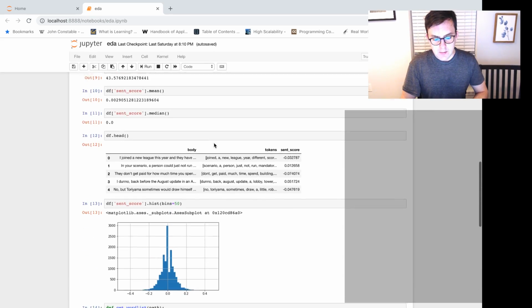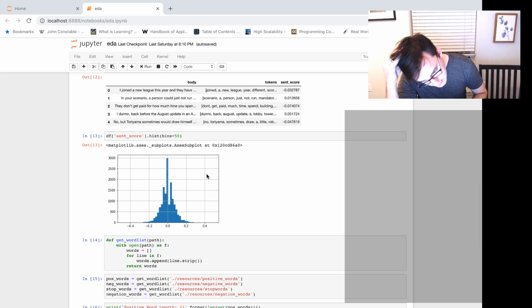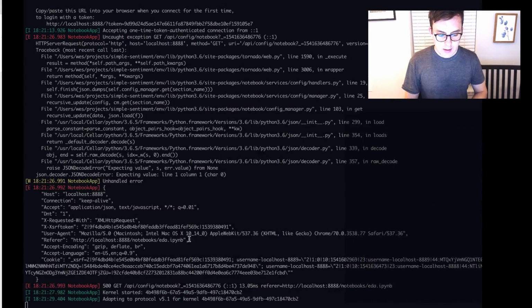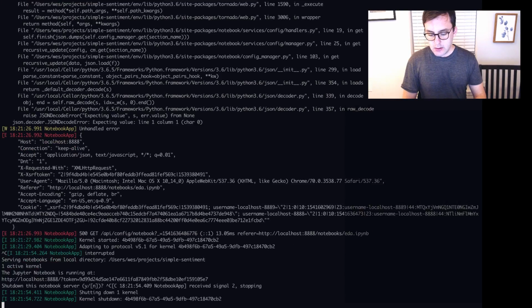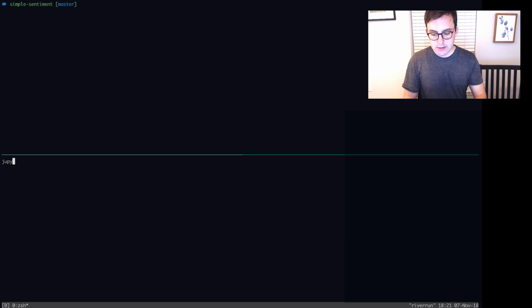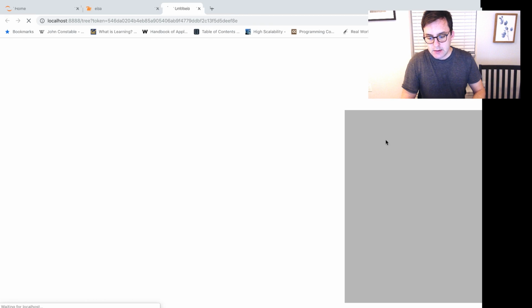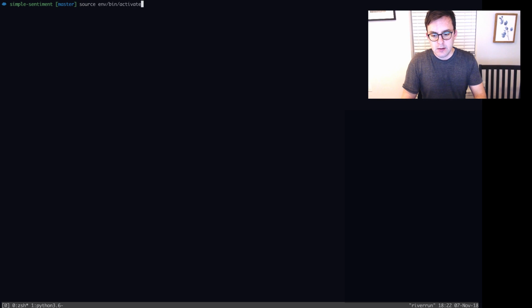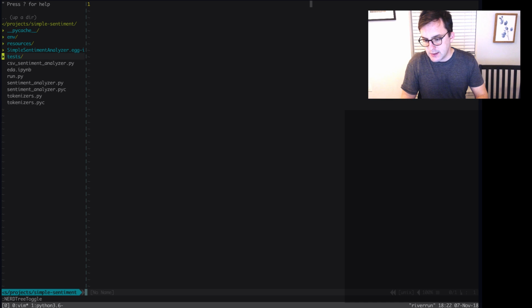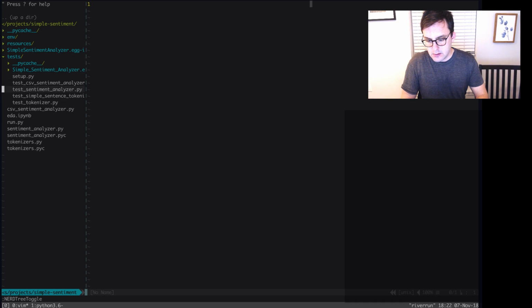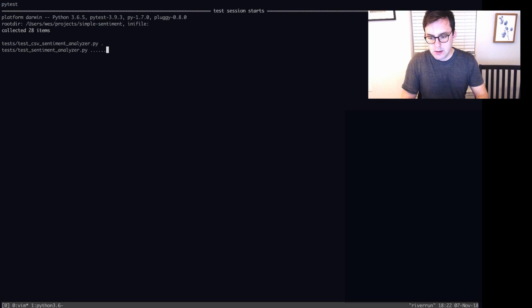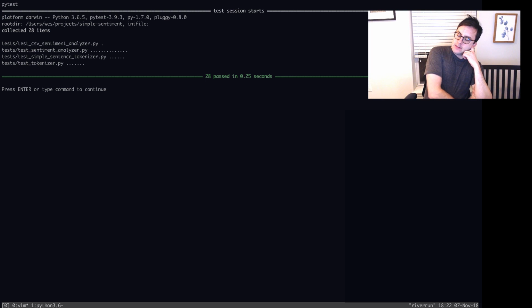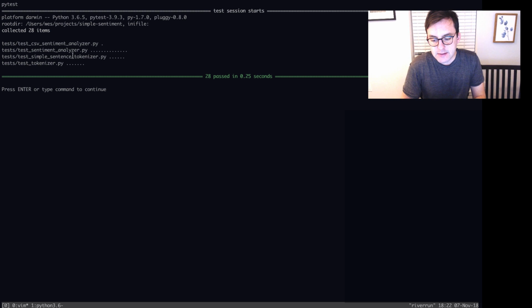Okay, so yeah, we had updated the way that the word tokenizer was working, and then last time we actually created a sentence tokenizer. So what I'm going to do is open this again. So we'll keep the Jupyter notebook open. And then in here, activate the virtual env, and then we'll just run the tests. Okay, so our tests are passing, and so we have the ability to tokenize on sentences now